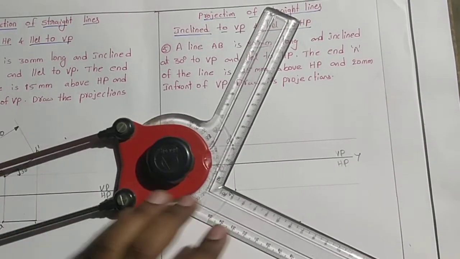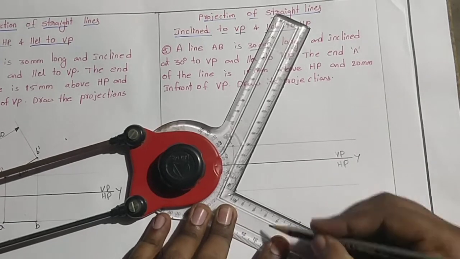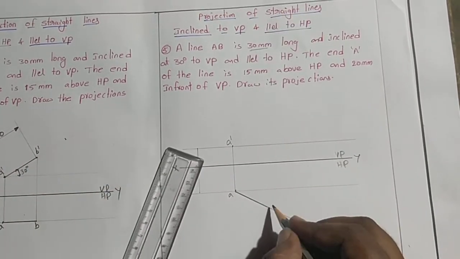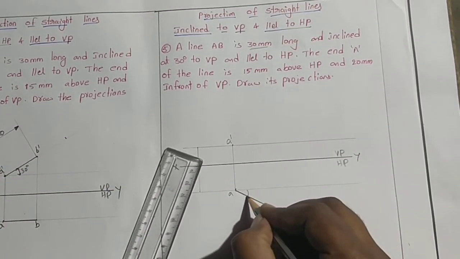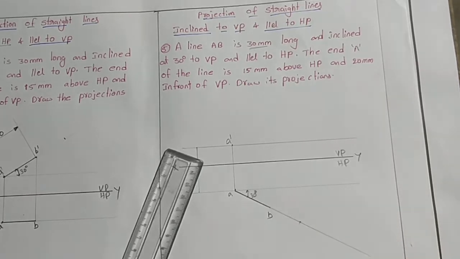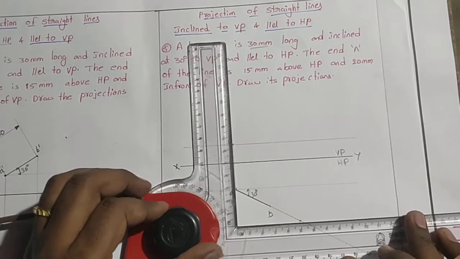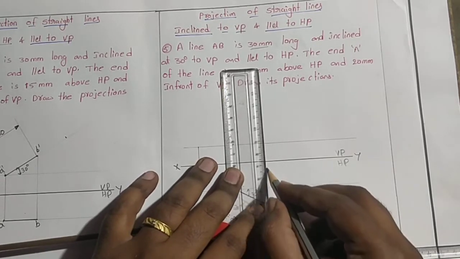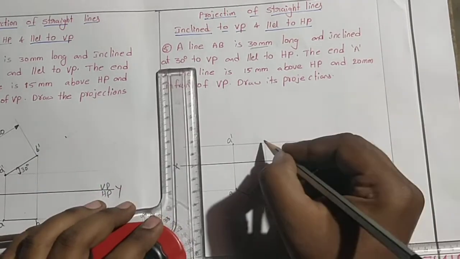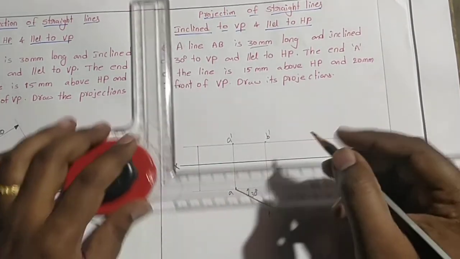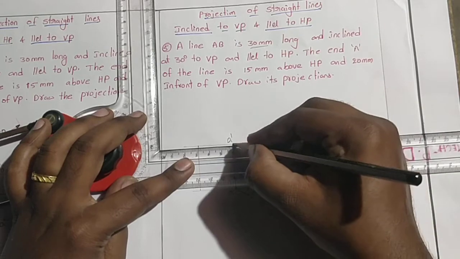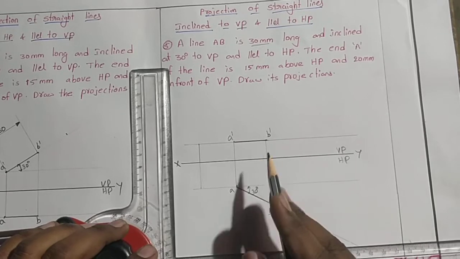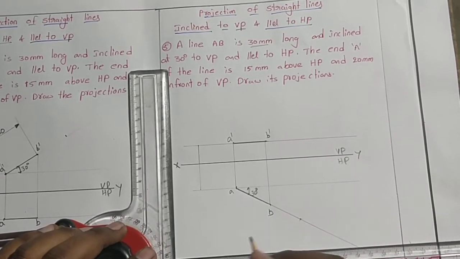On this line we have to measure 30 mm distance. It is the 30 mm. This point is B. It is 30 degrees to VP. Next, from this we need to draw the front view. By projecting this, draw the vertical up to the locus of A dash. We got the point B dash. A dash B dash represents the front view of the object and AB represents the top view of the object. Front view and top view both are drawn in dark.